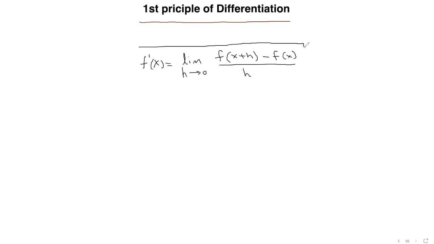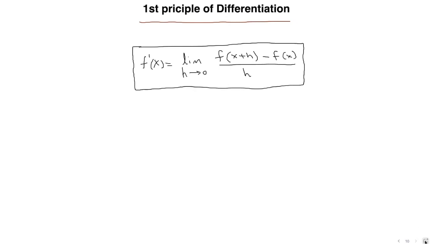It will probably not make any sense, but we will eventually prove it and you will understand how we got it. So this is how it looks. Okay, just bear with me. Let me first write it down for our reference. f prime of x is equal to limit h tends to 0 of (f of x plus h minus f of x) divided by h. Now this little formula here is called the first principle of differentiation. We will be proving this formula and we will see how it can be used to find the differentiation of any function. So that is what we will be doing.